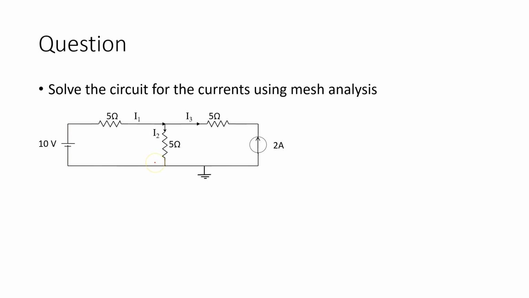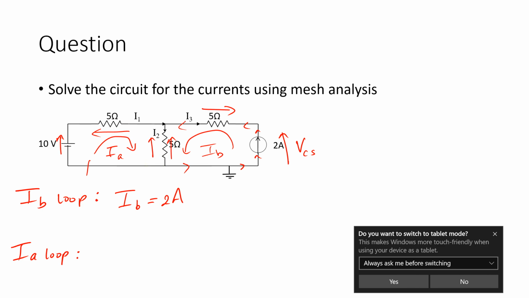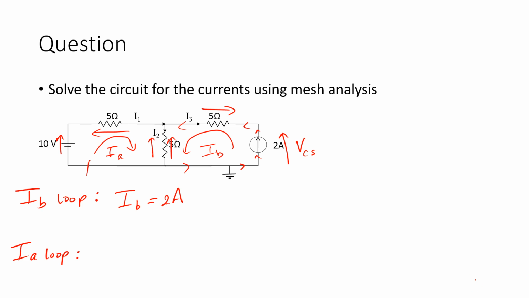So first, starting through the 5 ohm resistor, it will be 5 IA plus IB, plus 5 IA